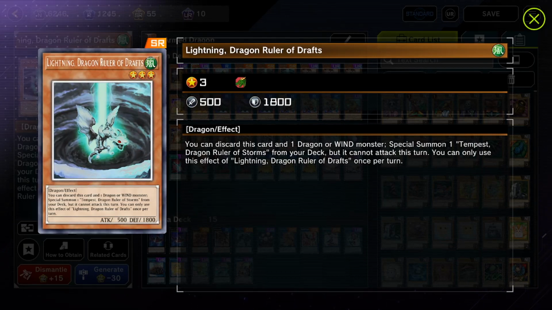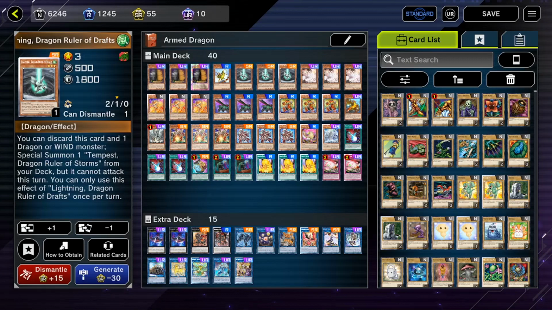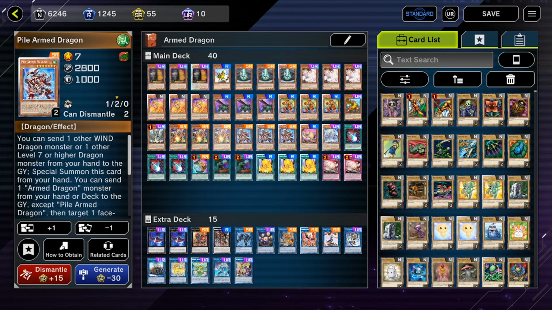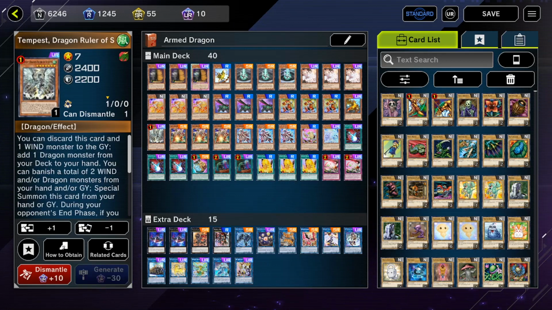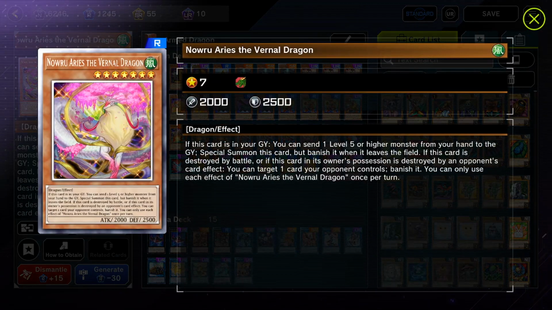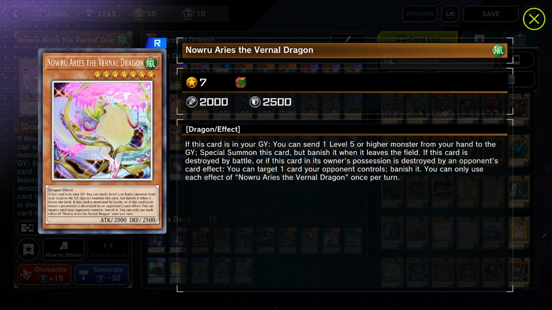This also triggers your Armed Dragon Thunder effects, so what I like to do is use it to pitch Armed Dragon Thunder level 5 or 7 and then search for a Pile Armed Dragon. But since you're not searching Tempest, and if you already have access to Pile, you can search for another new extender, Nowru. This is searchable off Armed Dragon Thunder level 5, and this guy is just going to special summon